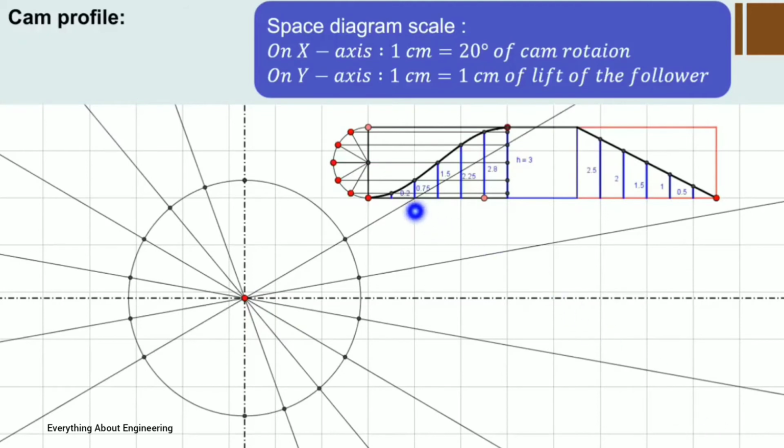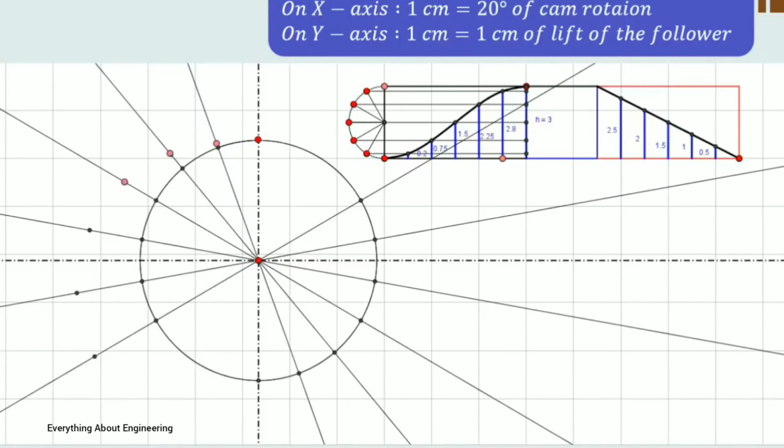Now as you can see over here, these are the distances which we have measured, correct? 0.75, 1.5, 0.25, those we are transferring over here on these lines, and then we are drawing a smooth curve passing through these particular points. So this is for the outstroke. Then there is a dwell period. From this to this there is a dwell period. Similar to this